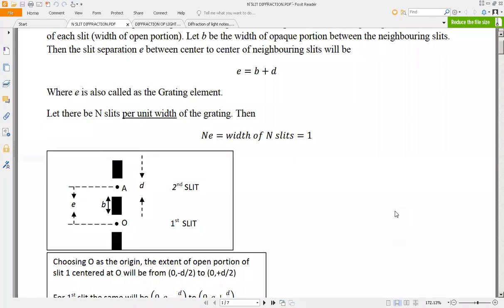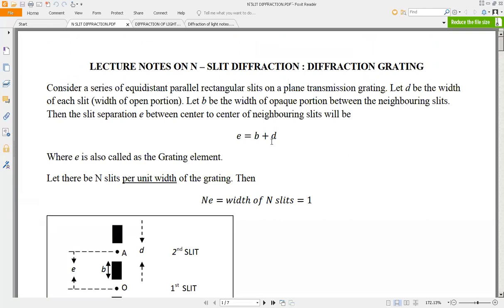This is regarding N slit diffraction, N capital N. And this is also known as diffraction grating. I have a diffraction grating in our laboratory. Once you come to the offline classes, I can show you how it looks and how it casts the maxima and minima on the screen. We have this experiment also this time in the laboratory, determination of wavelength of laser with the help of a diffraction grating. That part we will do once we come to the regular lab.